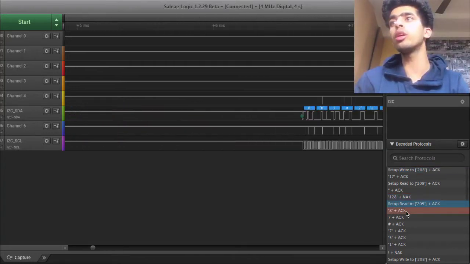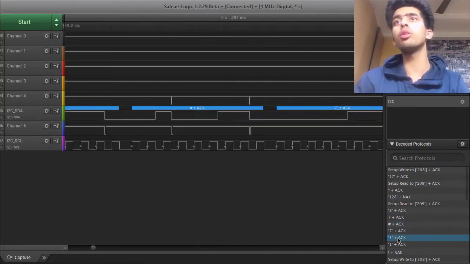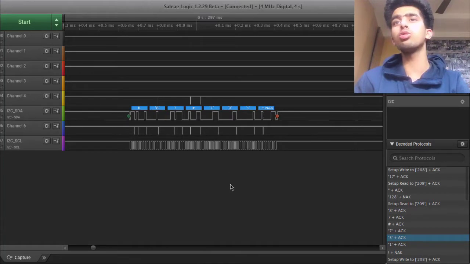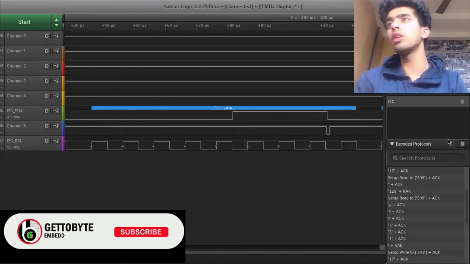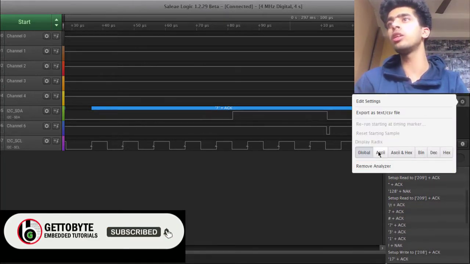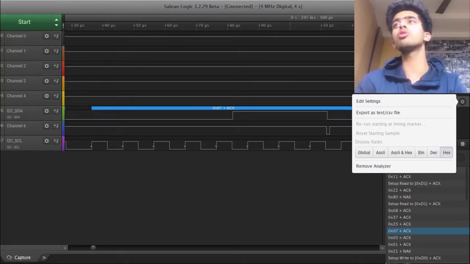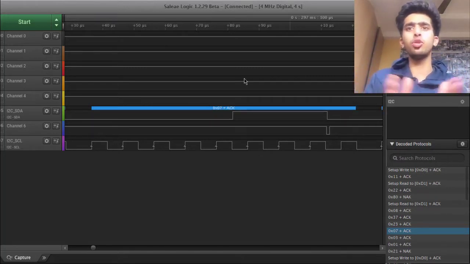So this is how we can debug I2C also. As I have shown you, from here you can know what data you are sending and what you are getting. As this is for my RTC3231, I am getting the date and time in the decimal format which I have selected here. ASCII value, binary, decimal, you can get hexadecimal also, and all those things. So this is what I wanted to tell you about the logic analyzers.